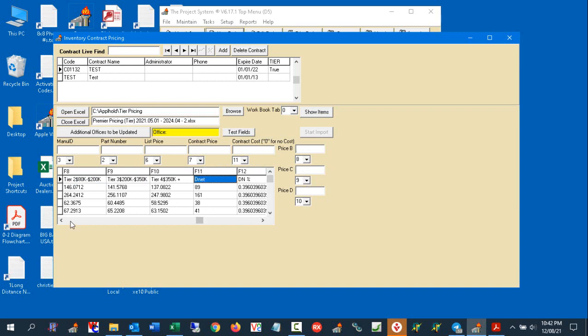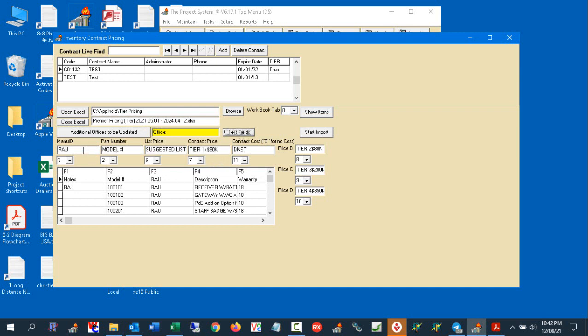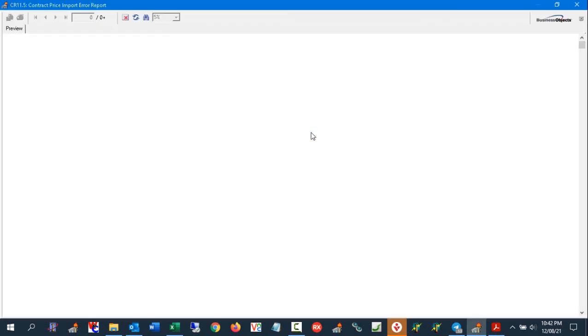Okay. So once you've associated these columns, the system remembers this when you close the screen. That way you don't have to reset the fields. You can then say test field, and you notice you've got your manufacturer's ID, the part number, list price, tier 1, cost, tier 2, 3, 4, etc. Okay. Now once you've got this lined up, everything looks good, you press the start import, and the system runs through that import file and creates a